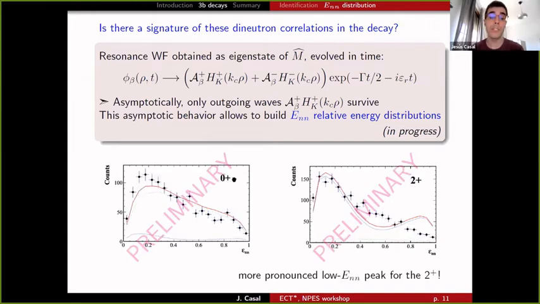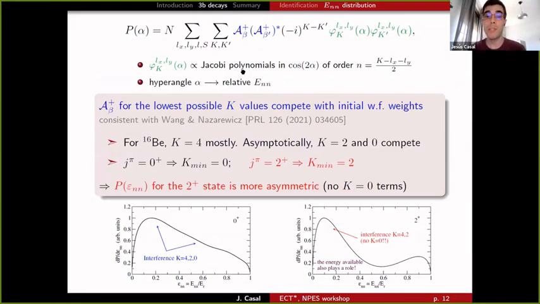But these were the plots, the figures that Belén presented for our preliminary comparison between this three-body model and the data. As we have already seen, we have a very nice reproduction of these low-lying correlations, and we see that this peak for the 2+ is much narrower. Now, the question is if we are able to understand why this is happening, because naively we would expect the opposite, right? And maybe I don't know if we will be able to answer some of the questions that arose before, let me show you how we build these distributions. This is not 100% accurate, but more or less I think you can get the idea of how we build